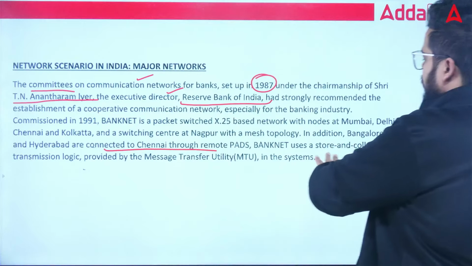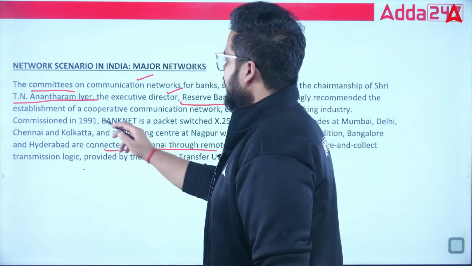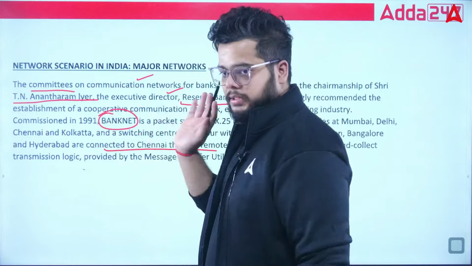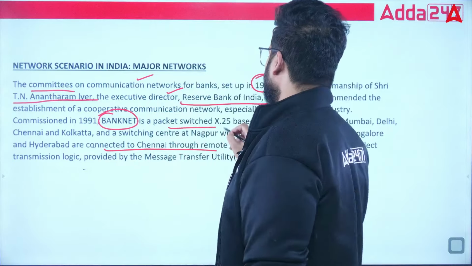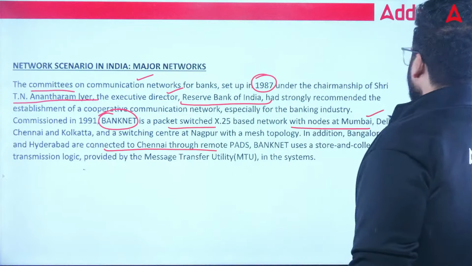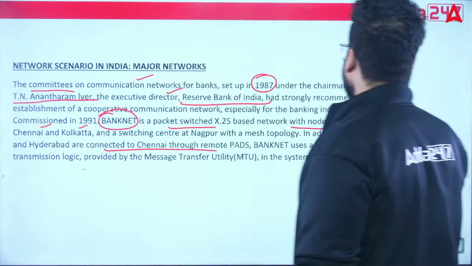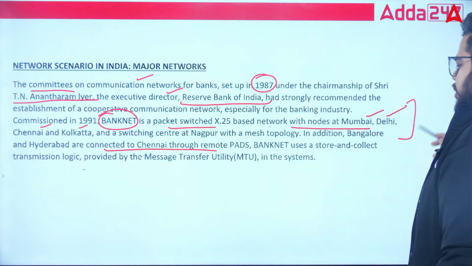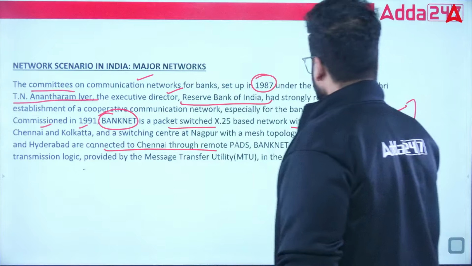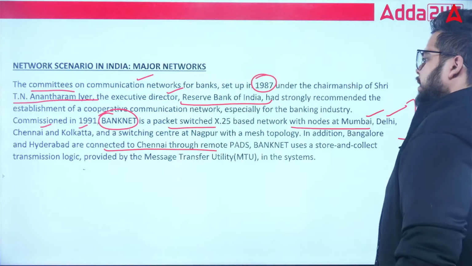Apart from Bangalore and Hyderabad, what all cities were included? Commissioned in 1991, the BankNet. What is BankNet? It is just a packet switch X.25 based network with the nodes at Mumbai, Delhi, Chennai and Kolkata. So these four metropolitan cities, everybody remember. Beyond that, we have a particular switch in Bangalore and Hyderabad as well, who are connected to Chennai through